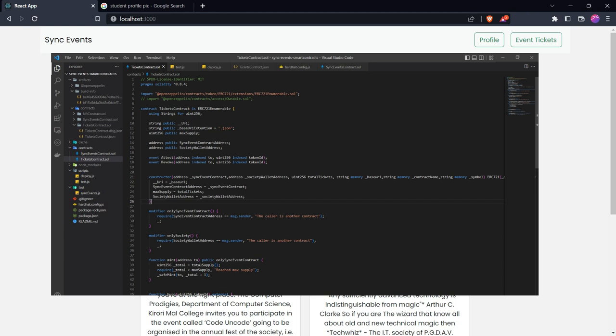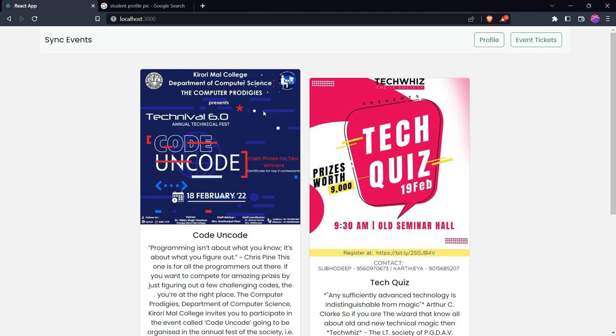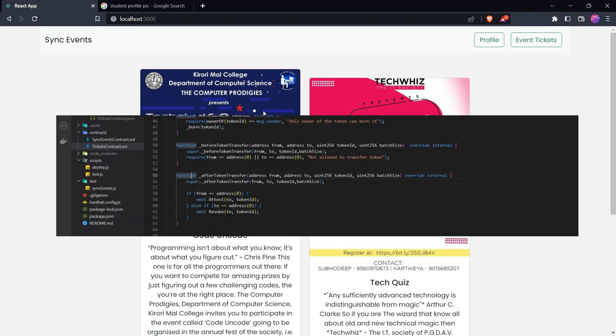as NFTs. We are using blockchain because this process of issuing NFTs as tickets will be more transparent, secure and efficient. As we are issuing NFTs for each ticket, no one will be able to duplicate these tickets, and these NFTs are non-transferable, so only one person can use one ticket.